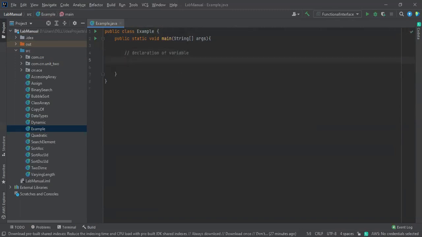Okay. So how are you going to do that? For integers, int is the data type, which is the type of the variable, and then i is the name of the variable. One thing you have to remember is that there are some conditions to declare a variable.